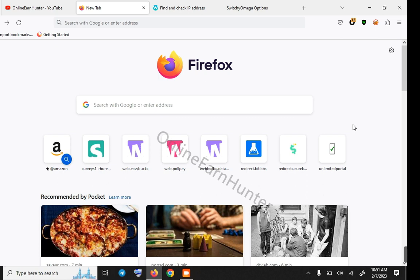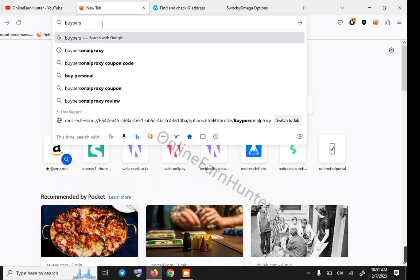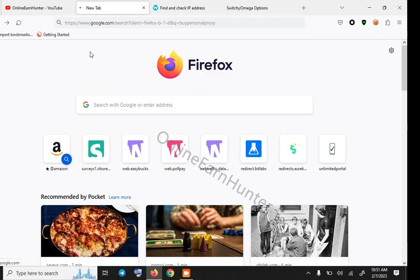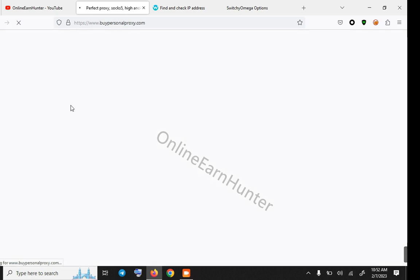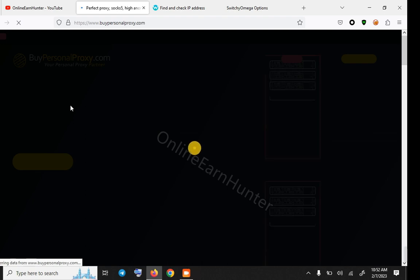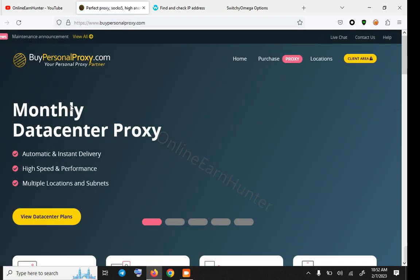So I've been looking for a very good site for static IP, and I came across another site called BuyPersonalProxy. You can just go on Google, search the word BuyPersonalProxy.com and click on it. Yes, they have good static IPs, but the good static IPs on their site are very, very expensive. So I deposited some amount there to test out the site, but let me first of all take you through